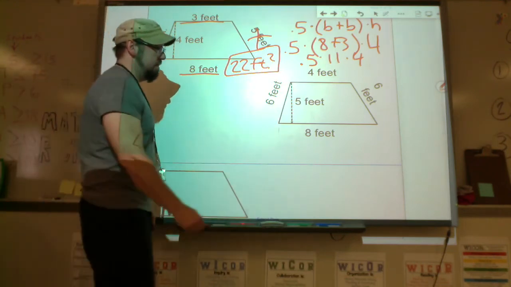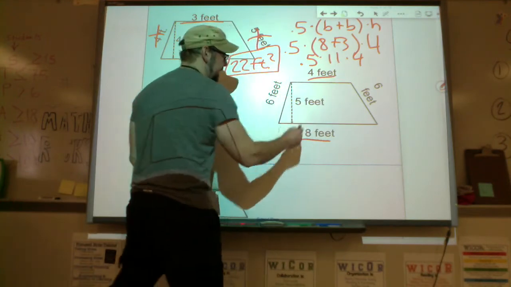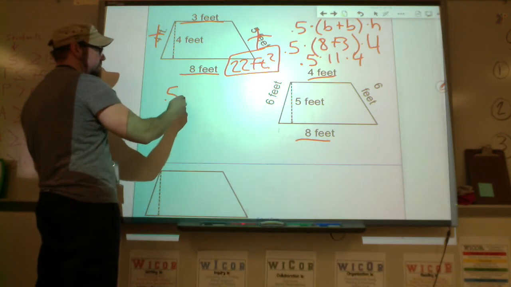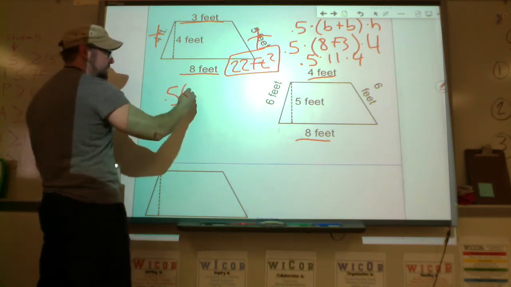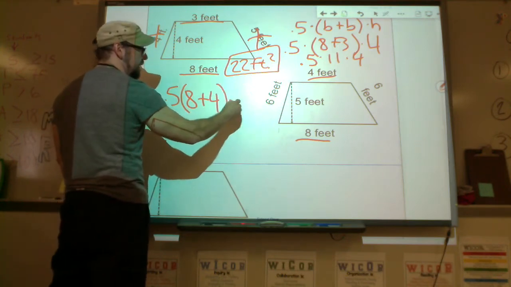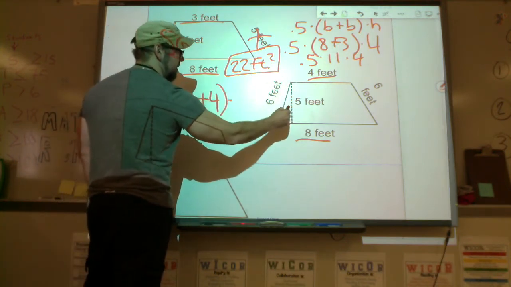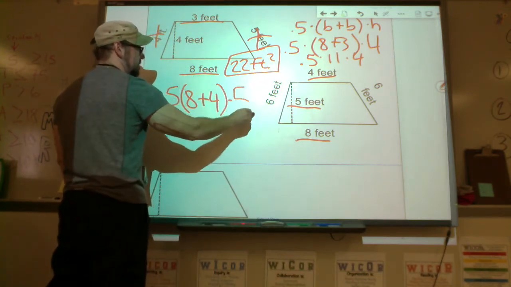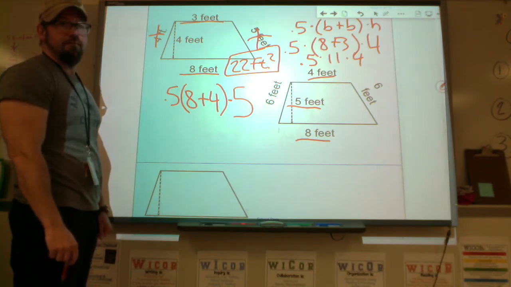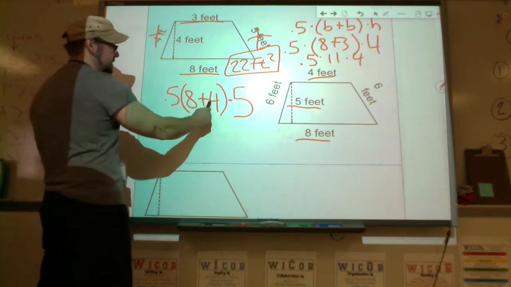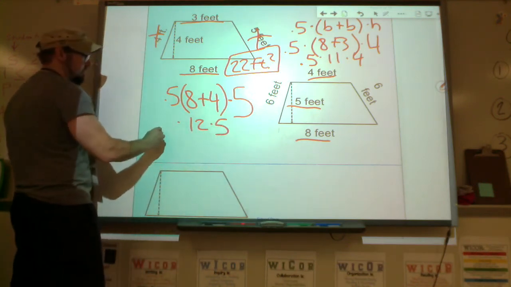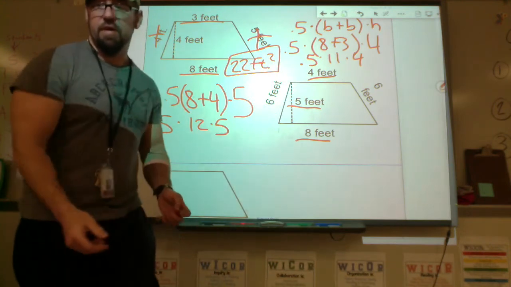Okay? So, why don't you try this one? Okay, you have your bases. Your height is 5. Just plug them in again. 0.5, and you times it by the bases. And my height is 5. 8, 4 is my height. Why don't you see what you get? Okay, and 12 times 5 times 0.5. Do that, and I get